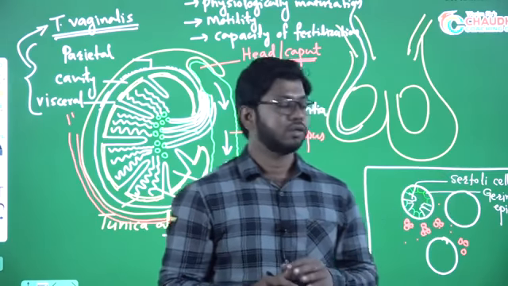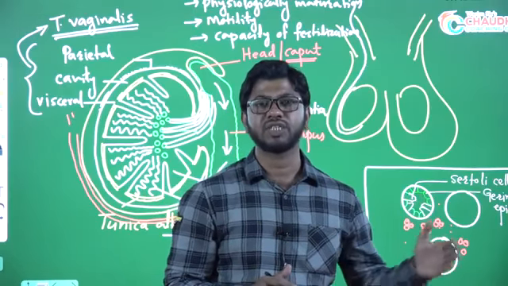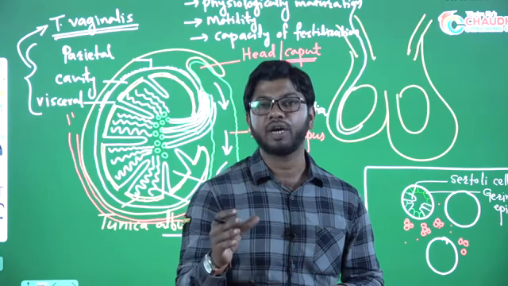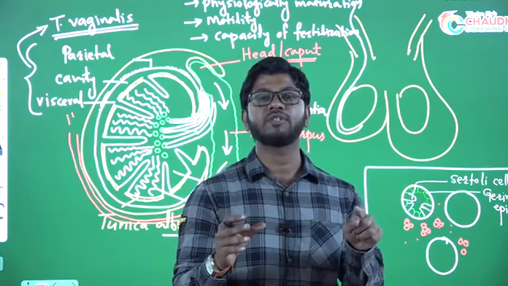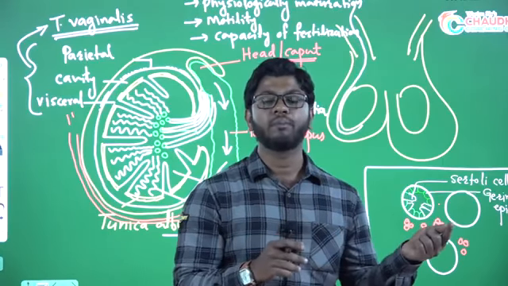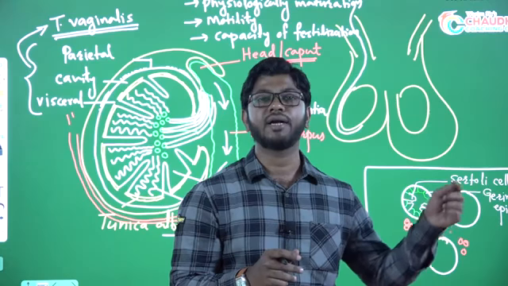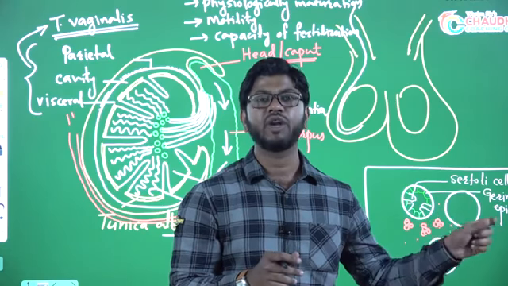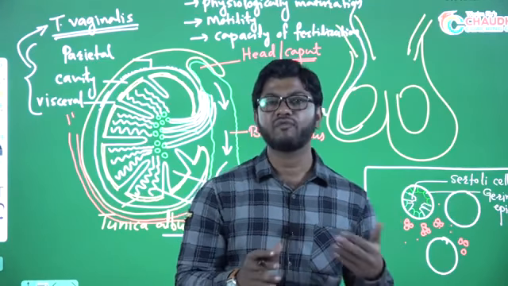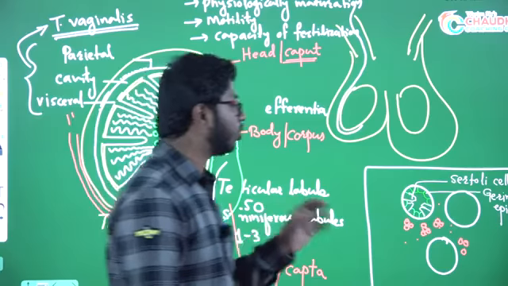Now when germinal cells undergo meiosis and produce sperm in sequential order, for example, this germinal epithelium cell matures into spermatogonia. Spermatogonia produces primary spermatocyte by meiosis 1, then meiosis 2 produces secondary spermatocyte, then spermatid, and spermatid converts into sperm, the fully matured male gamete. So all these sequential stages need nutrition for their development, and the nutrition is provided by Sertoli cells.